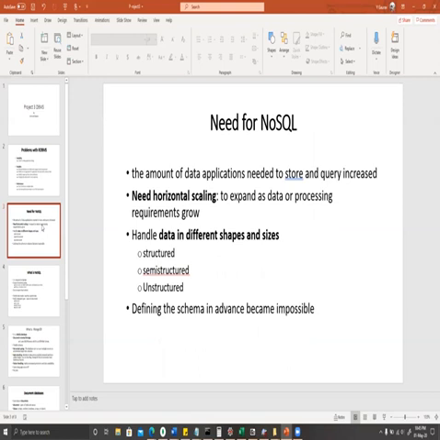They can do horizontal scaling, adding more servers to support the growing demands. And they can handle data in different shapes and sizes: structured, semi-structured, or unstructured data. There is no need to define the data schema in advance.